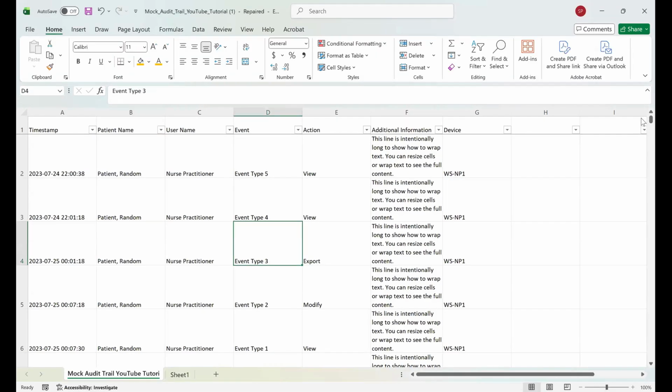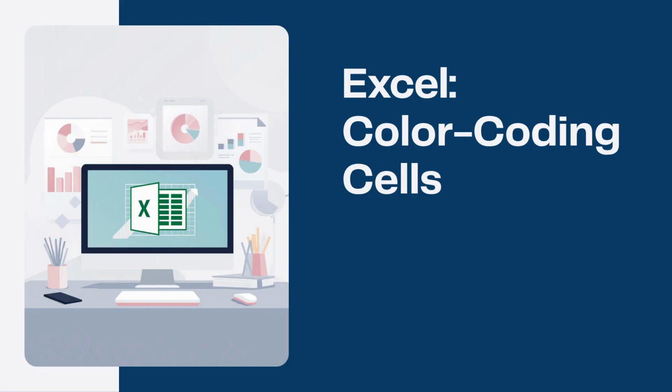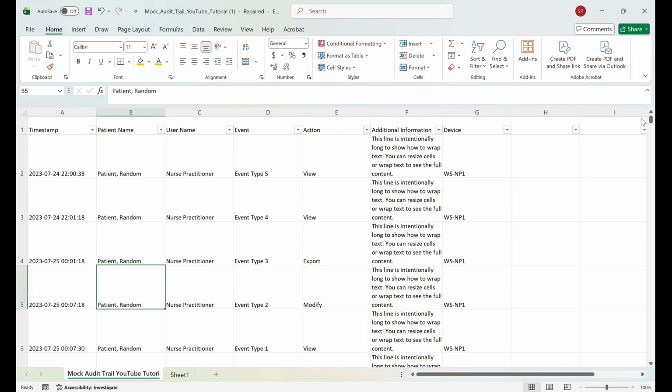Now I'm going to go over some formatting tips. First, I'm going to talk about color. I like to use color a lot. When there are so many cells and it's all black and white, it can all blur together, and I like to make data stand out if it's important. So let's say,